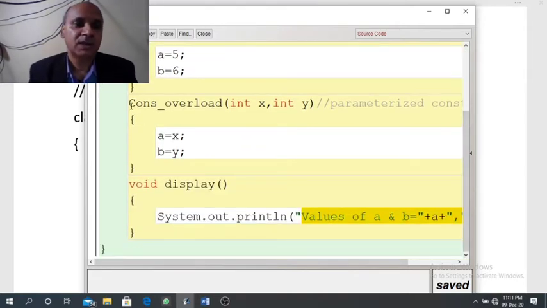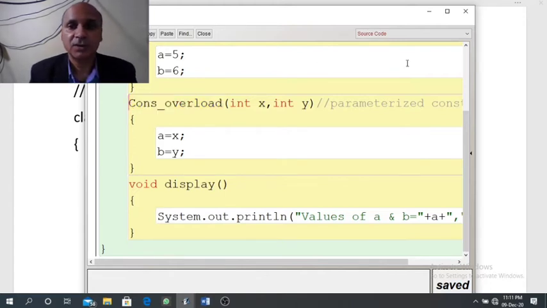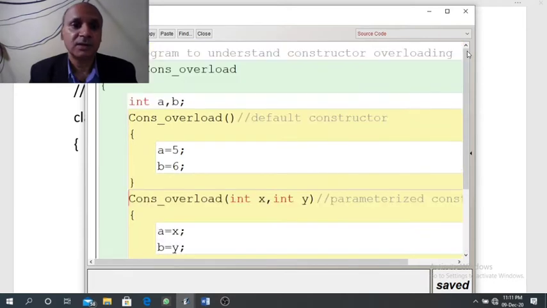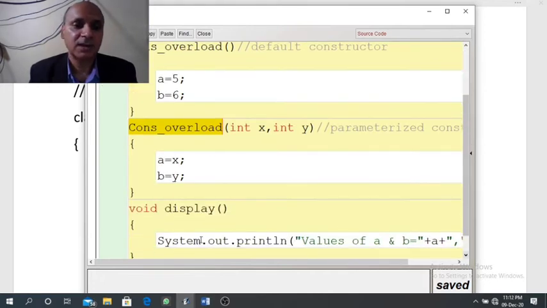The difference between constructor and method is clear here. In case of method, return type is compulsory, which is void here. But in case of constructor, return type is missing. So we don't have here either void or any return type. So both the constructors don't have any return type and the method has return type.